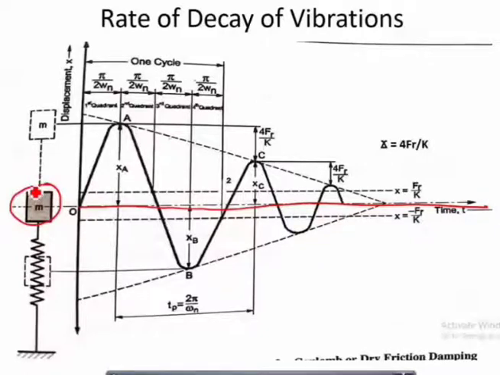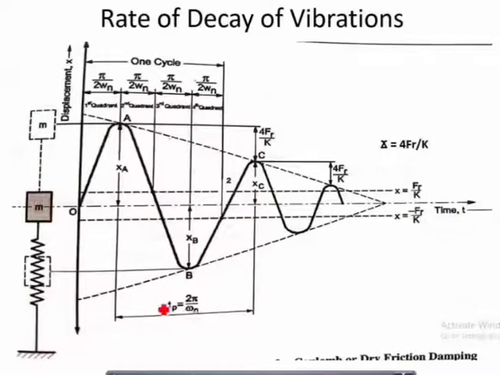Now let us say mass is moving towards this side. If you consider this as a mass, this is the right side of the mass, and this is the left side of the mass, right? So when mass is moving toward the right side, and let us say mass is moving toward the left side, this is how we have considered. And now let us say these are the amplitudes. This is the amplitude diagram we have drawn here, from point A to point C, and you can see that there is a loss of amplitude, which means the amplitudes are decreasing. Why is it decreasing? Because of the damping, that is the Coulomb's damping.